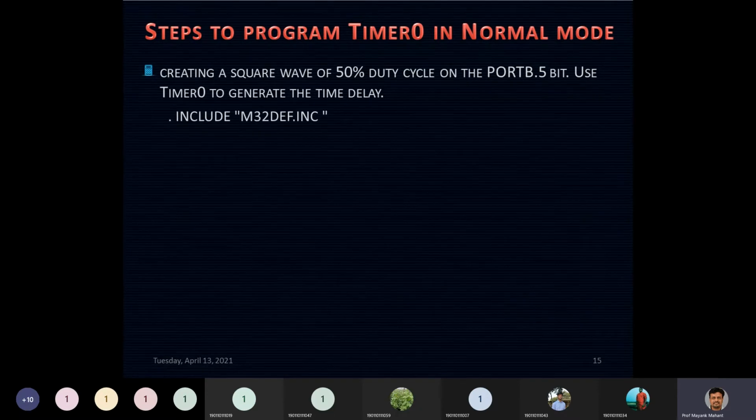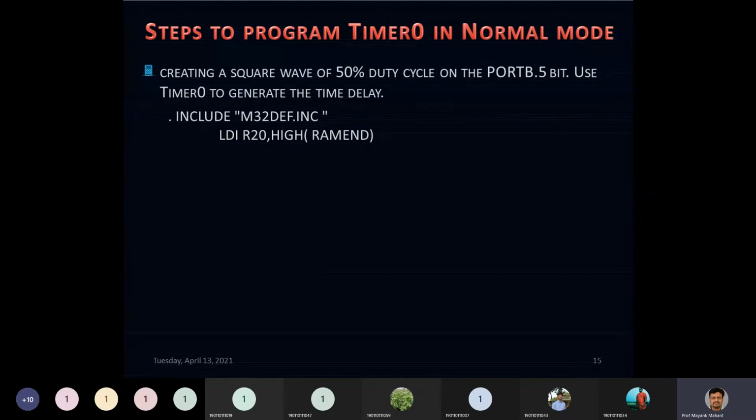The first line of any code, everyone knows, is include m32def.inc, because I'm taking this code in reference to ATmega32. If it is another AVR microcontroller, your header file will differ. This you also need to make a note of. Then